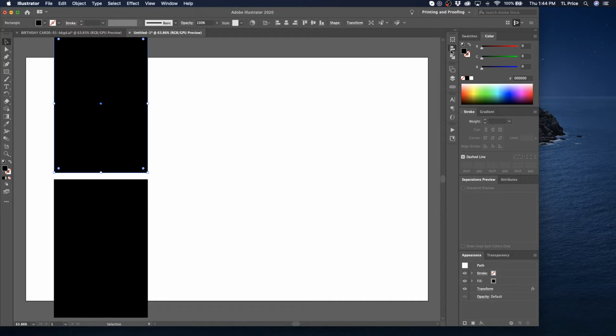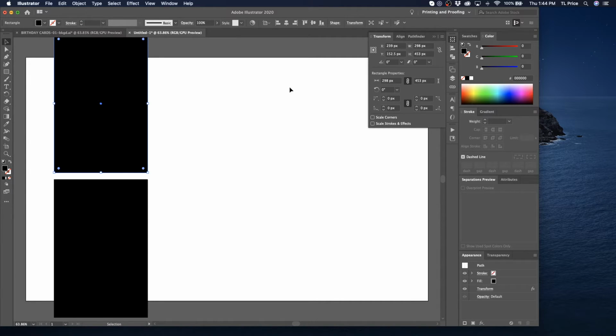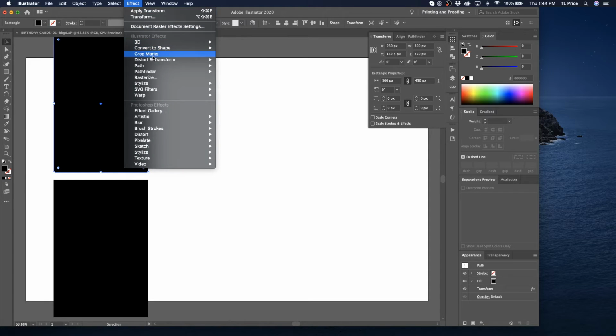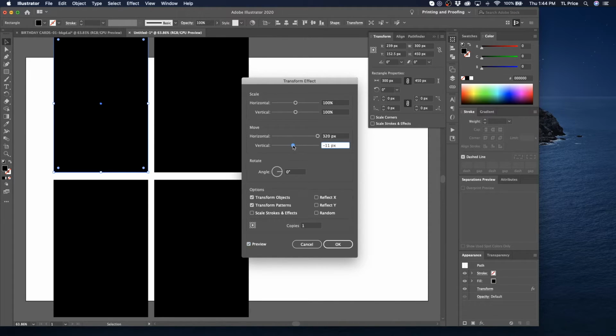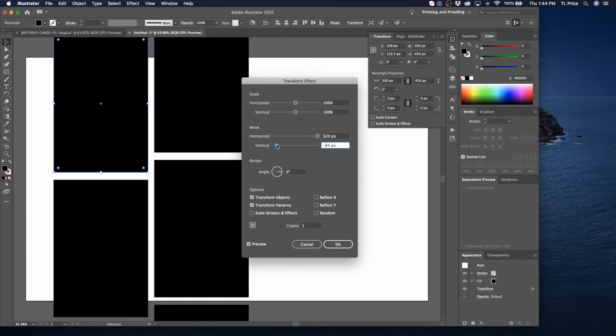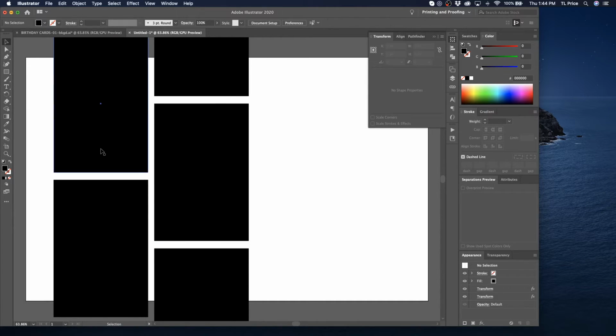cancel. Let's just take a look at my transform panel really quickly. 300, 450. Effect, transform. Yes, apply new effect. We're gonna do one copy this time, and again, we're gonna 320. Perfect, and this we're actually gonna shift down. So let's just minus 250. Okay, and then we're gonna